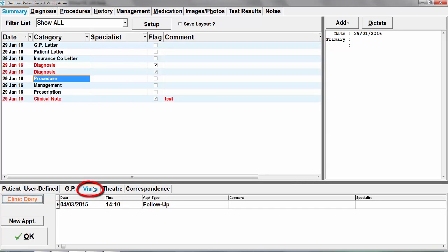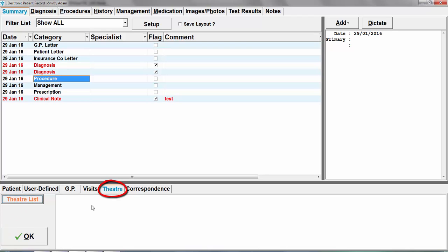Clicking on the Visits tab allows us to see any appointments that have been previously booked for this patient or any future ones. We can also book a new appointment from this screen. If you wish to know further information on how to book an appointment, please refer to our Helix Anytime guide on the clinic list. If I click on the Theatre tab, this also shows us a history of the theatre